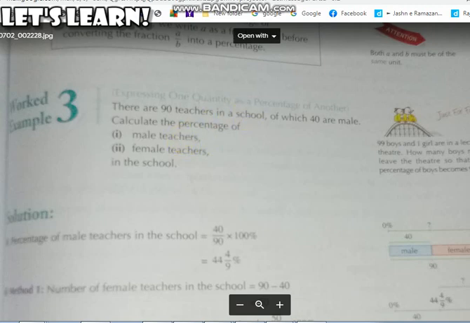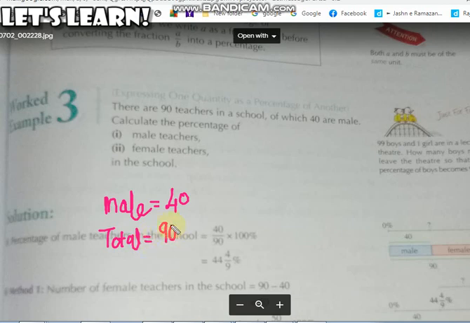So what I will do is, first step, I know what we have to do, what to calculate. We need to calculate the male teachers in the school. So male teachers, how many teachers are there? There are 40 male teachers. I will do the same thing which I have done before for attendance. Whatever is required, we will write here. We require the number of male teachers, that's 40. Then I require the total number of teachers. How many teachers were there in the school? In the school we had 90 teachers.